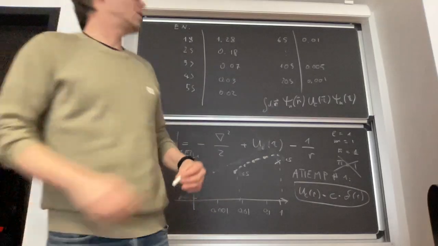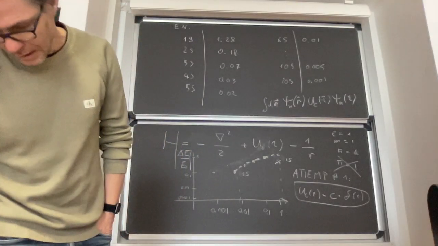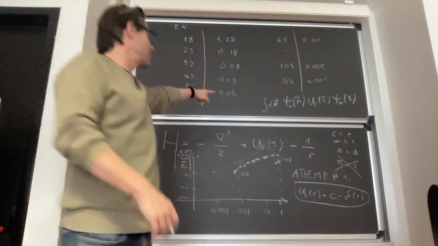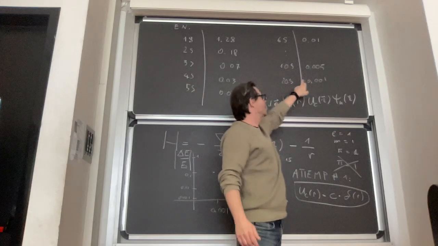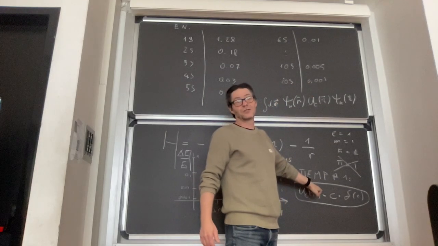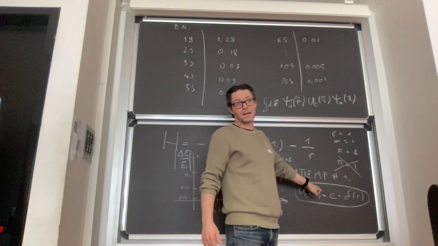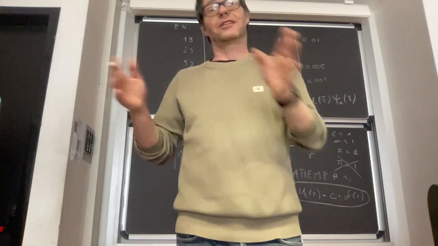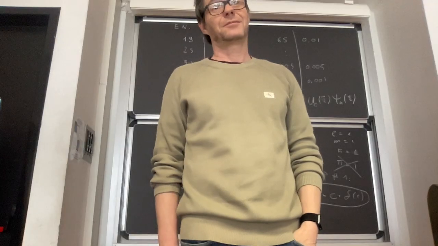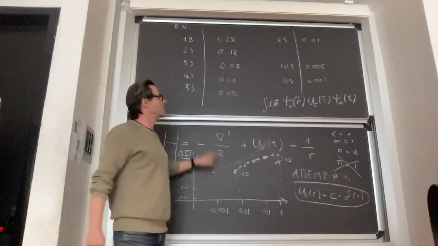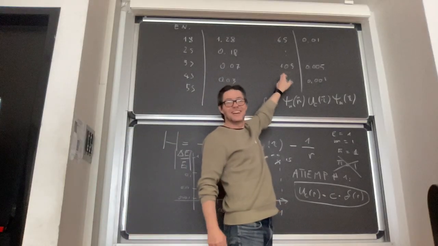Why do I want to do that? Because after all, the theory is perturbative for the large states, and for the large states I can use first order perturbation theory to evaluate the corrections, right? Which is extremely simple for a delta function, just the value of the wave function at the origin. Okay? Well, suppose you do it, you sacrifice some of the points here, say the S20, and you predict all